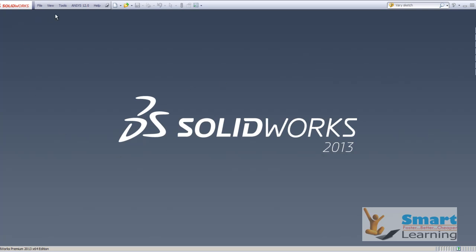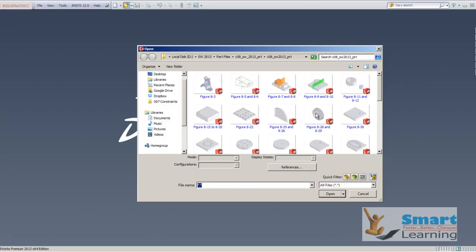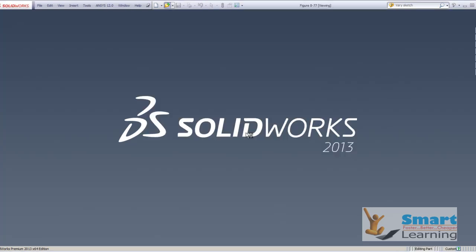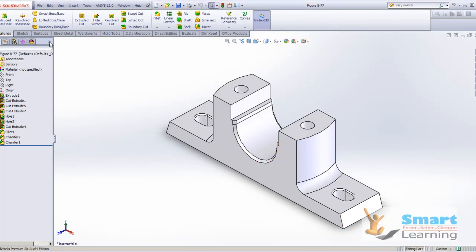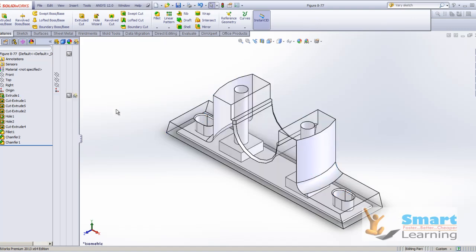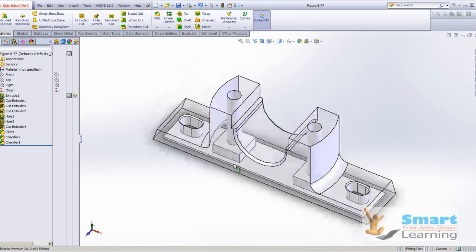So for controlling display state, we'll open one reference model, maybe this, and directly you can switch on this option, show the display pane. And here when you move to a particular feature, here you can see the display state control. Based on that, you can control the display state,